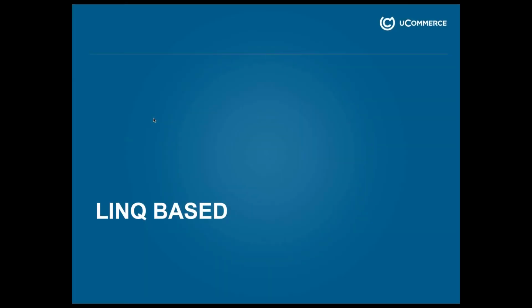Another criterion that we looked at is the fact that it's LINQ-based. Indexes in Raven are created via LINQ, so it's a very familiar kind of thing for us. And I call it .NET centric because it can be used in other scenarios, but it's .NET first. So it was a nice choice for the team here that knows a lot about LINQ and C#